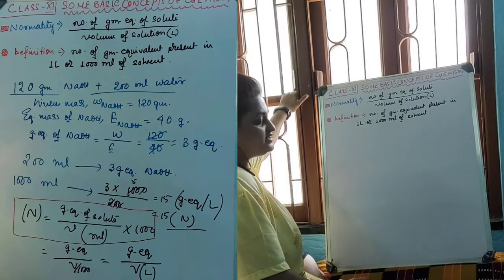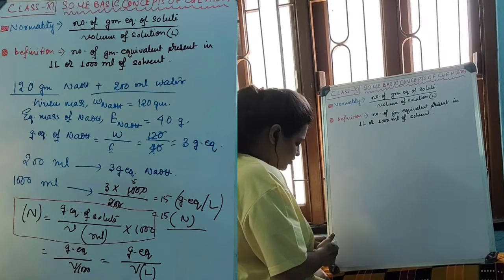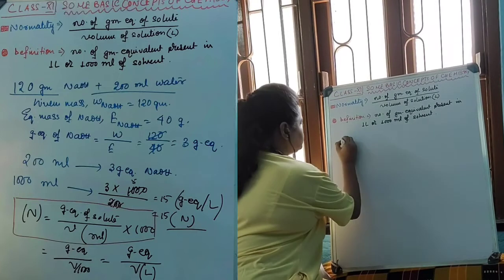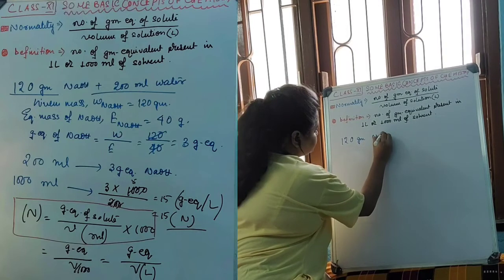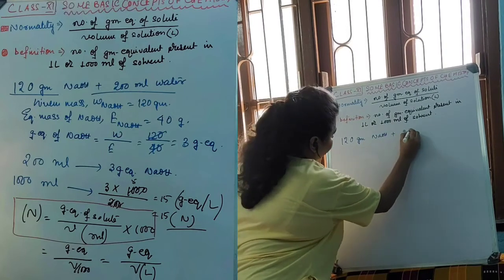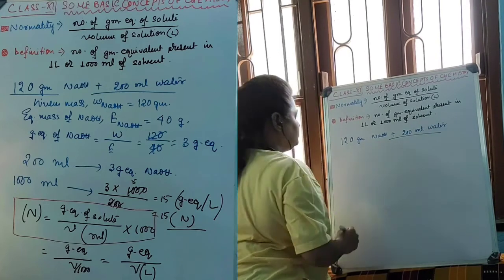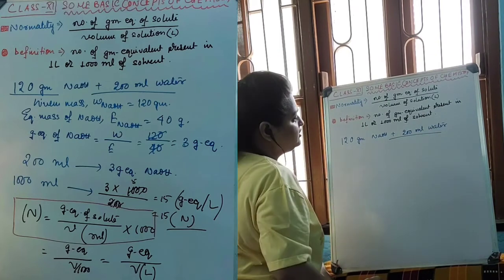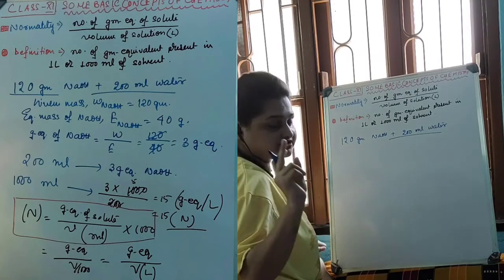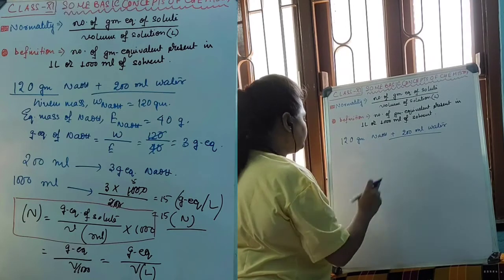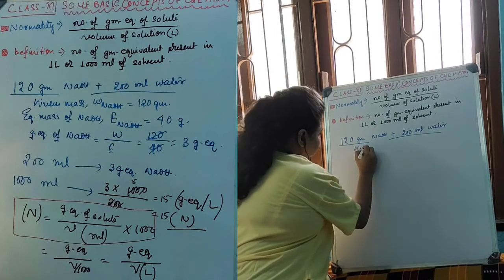Another form of representing the strength of solution is normality. To study this normality concept, let's take an example of a solution which contains 120 gram of NaOH in 200 ml of water. Now the volume of the solution is 200 ml. We know that to represent the strength of the solution, the volume of the solution needs to be taken as 1000 ml. So before converting that, we need to convert this given mass